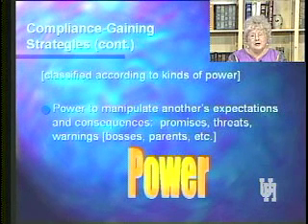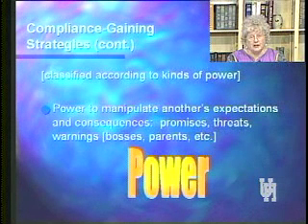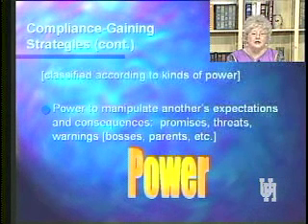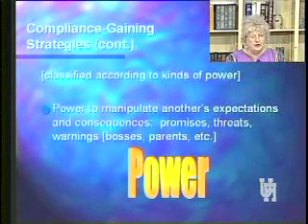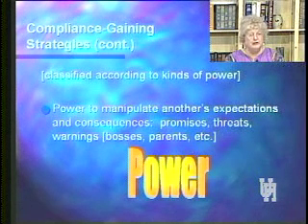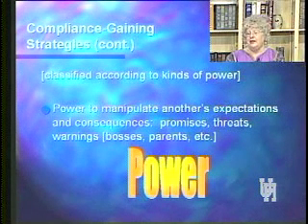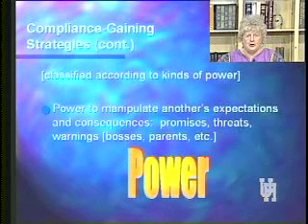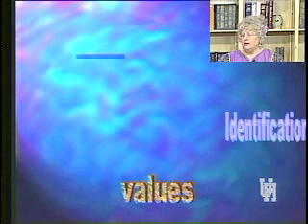But bosses, parents, and teachers can say, if you don't learn this, you're going to get an F, or you'll get a C, whatever you've earned. Parents can say, you don't mow the grass, you're not getting your allowance. You don't do your laundry, you're not getting any supper. That's a different kind of power than a couple of other types that we're going to see here.